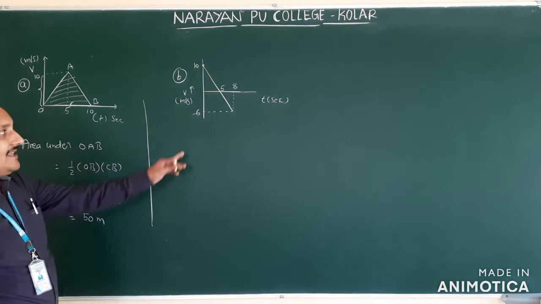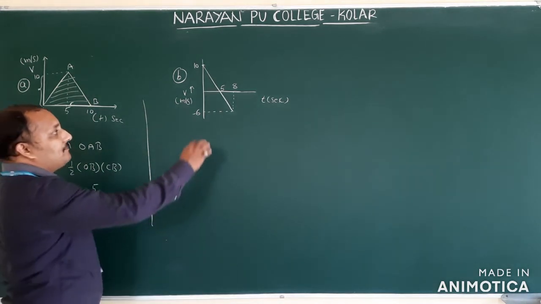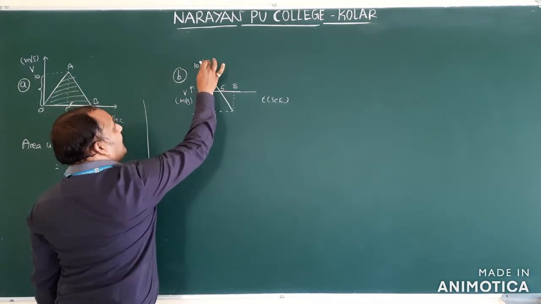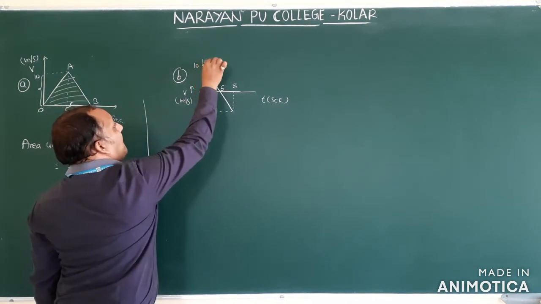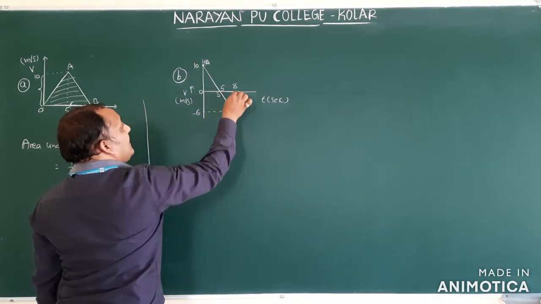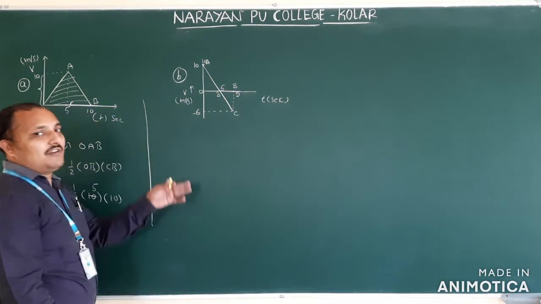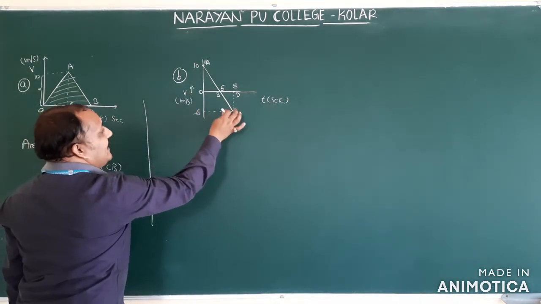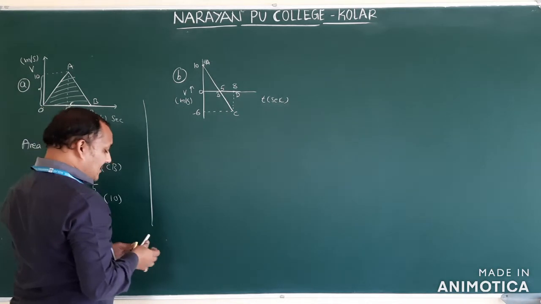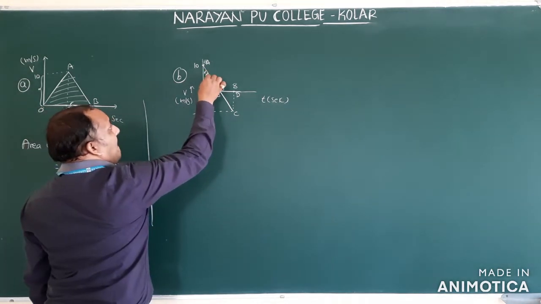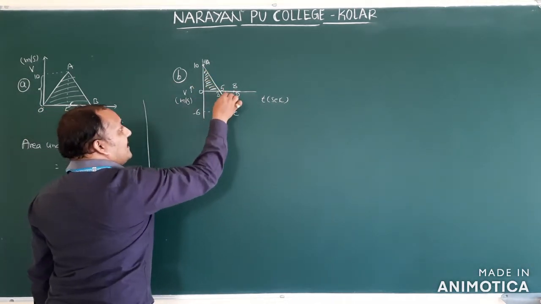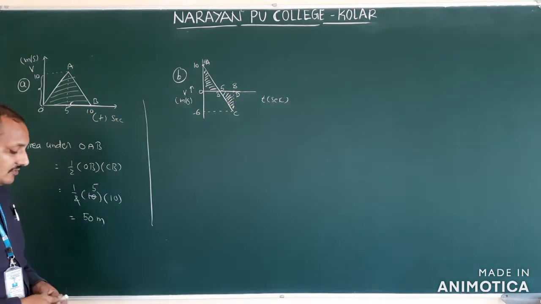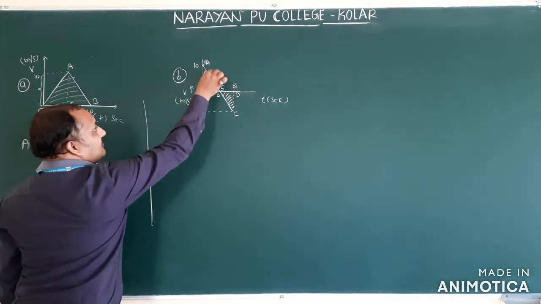Next see the second graph. It is coming from 10 to here, minus 6. Therefore, if you have taken O, A, B, C, D, those are our points. Now again we have to find the area under the velocity-time graph. Here two areas are there. One is this one, another one is this one. Two triangles are there. So first we will see this triangle.